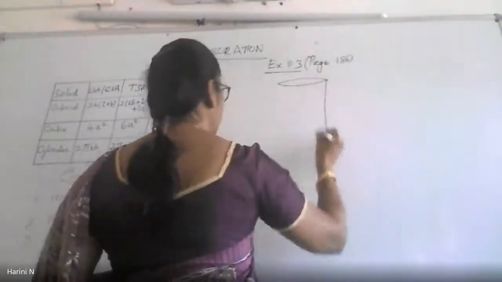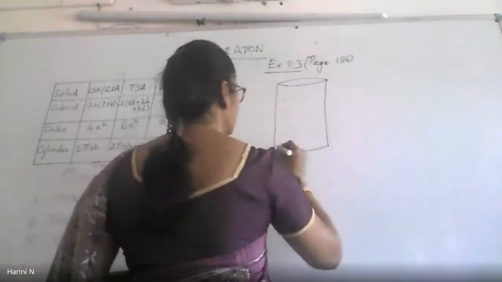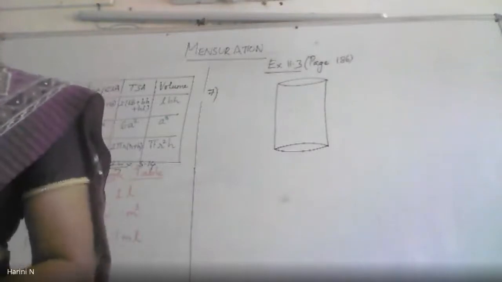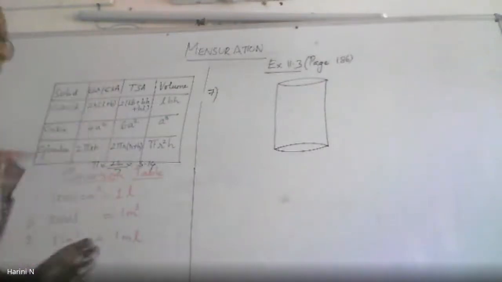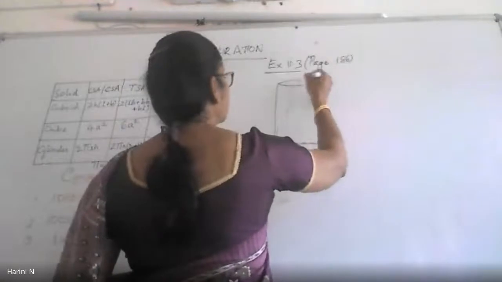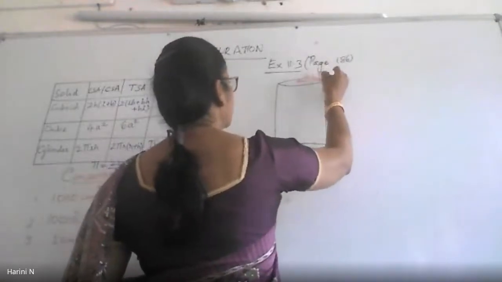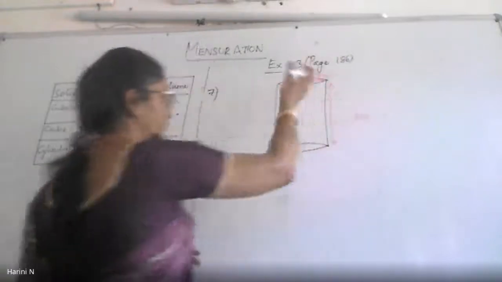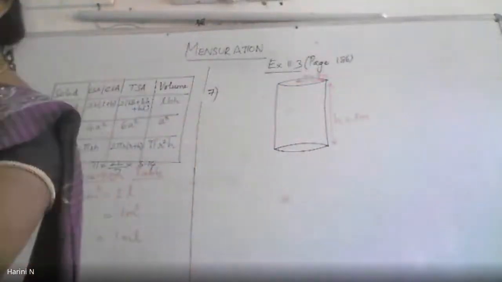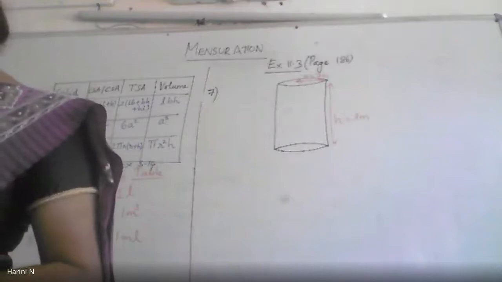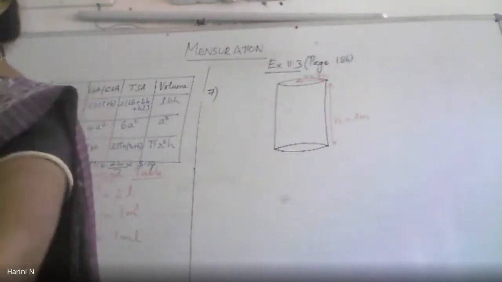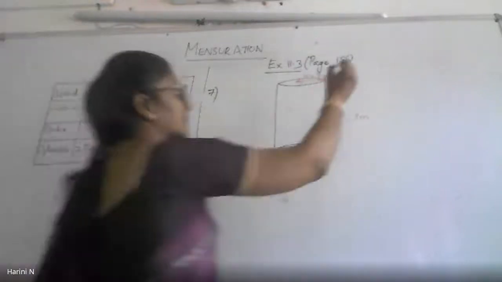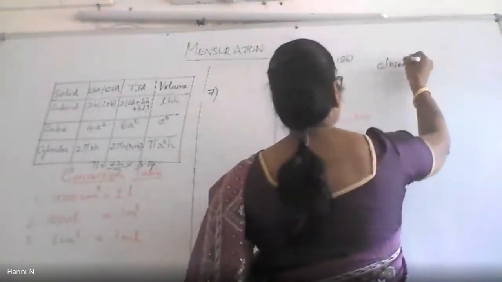So I have a cylindrical tank whose radius is 7 meters and the height is 3 meters. So the radius is 7 and the height is 3 meters. Maybe you have to draw it in a much smaller manner; I made it big. It is made from sheet of metal. There is one more keyword. It is a closed cylinder. Closed cylinder.